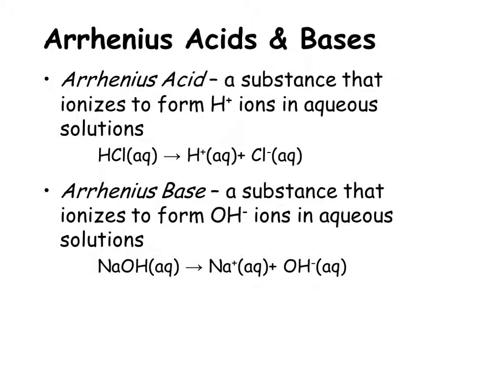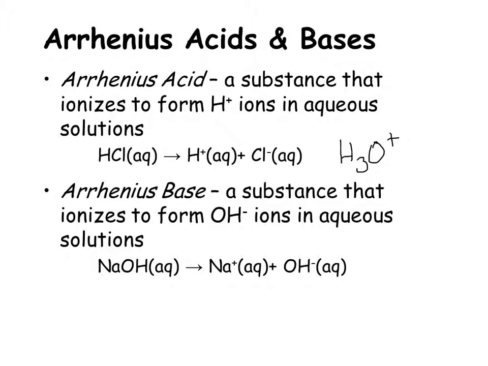So there are two types of acid-base systems that I'm most interested in you learning. First one is Arrhenius acid. And an Arrhenius acid is a substance that is going to ionize in aqueous solutions, in other words water, to produce H plus ions. So here we have our acid here, HCl. It's going to ionize into H plus and Cl minus. And you also may see this at some point written the following. You might also see it written as H3O plus, which means that the proton has associated itself with the water